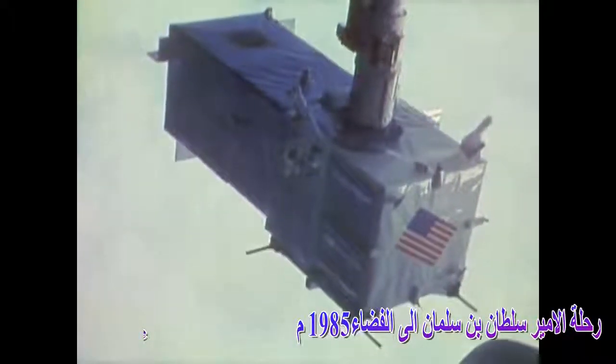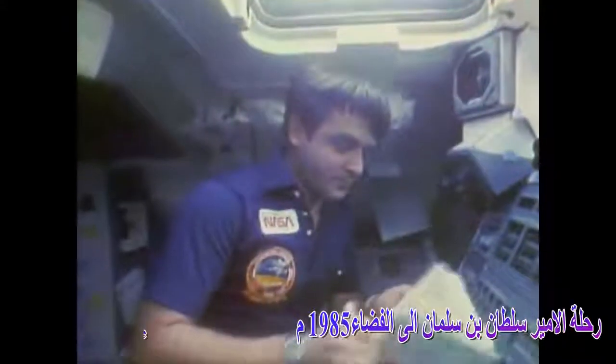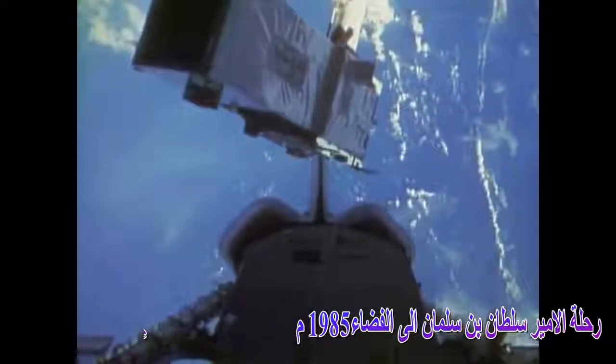And here you see it sitting on the arm. We kept it out there for a little bit until the sun came up so we could get some photographs of Spartan and document its condition prior to putting it into the bay. And at that time, it was time to sneak it down into the latches, and the arm did its job